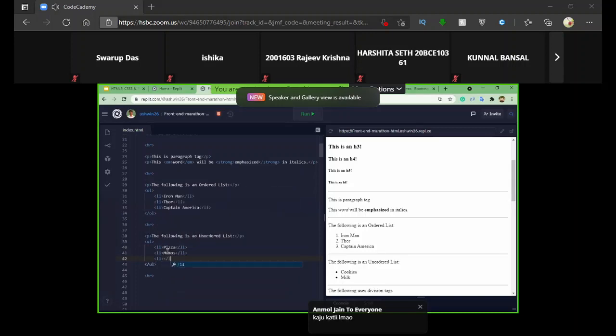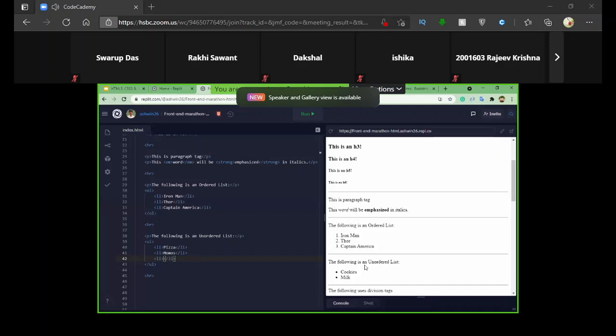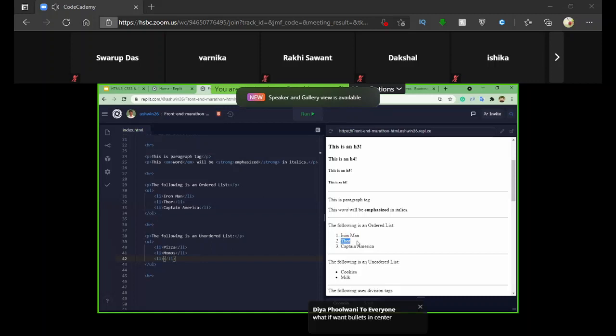Also, someone's asking, Ashwin, what is the li tag? Can you explain that once again? Okay. So in an unordered or ordered list, we have to add some words, right? So if you can see over here, Iron Man, Thor, and Captain America are nothing but list items, right?